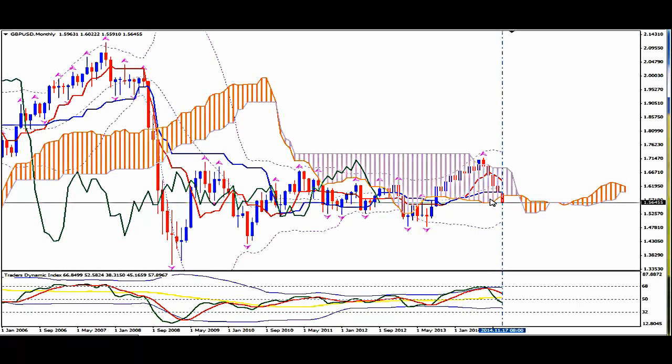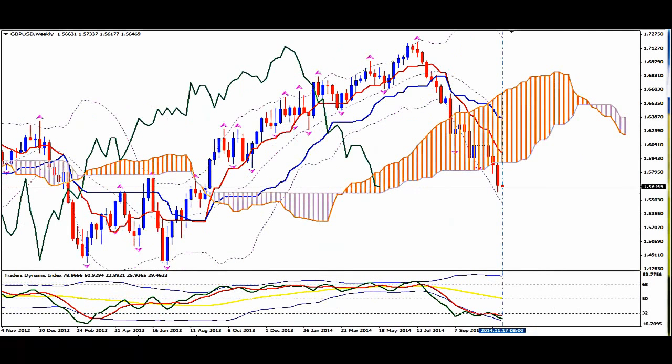Is it possible for the pair to go all the way down to the lower Bollinger Band on the monthly before it reverses? Well, it is. But let's go to the smaller time frames to see how things look. On the weekly,